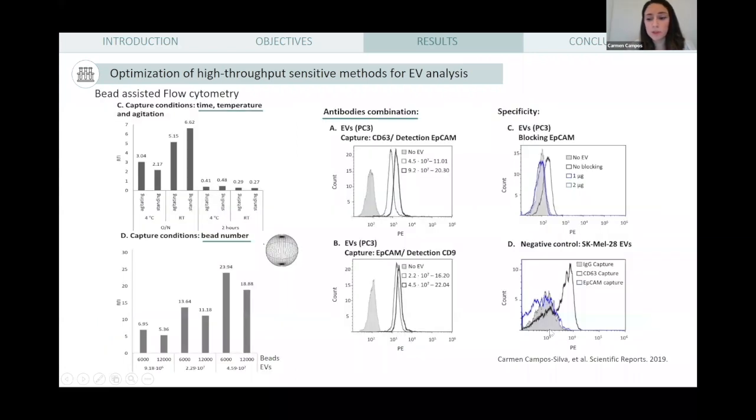So also, this is all published in this paper in 2019. We also determined some of the key factors for a sensitive detection by these immunoassays. So we observed during the incubation for capture of the EVs, factors such as time and temperature were really important. Here you see the difference of the detection after an overnight incubation of the beads with the EVs, or 2